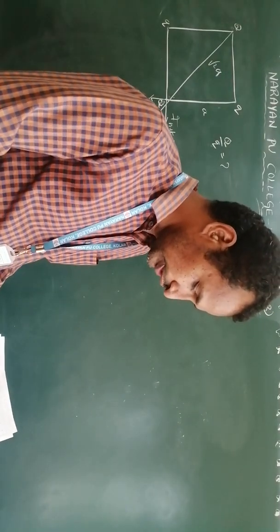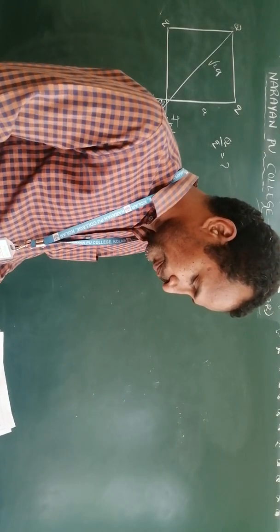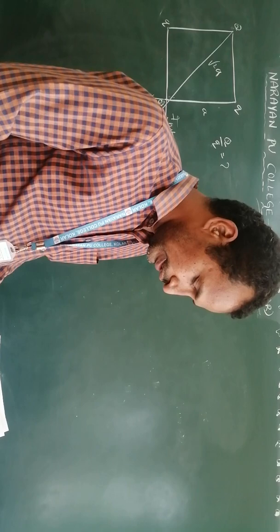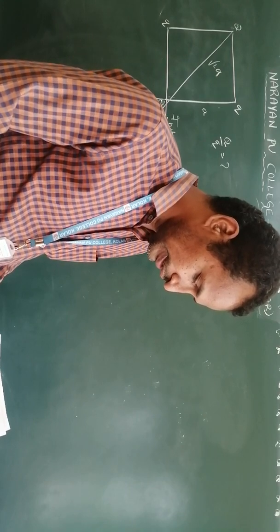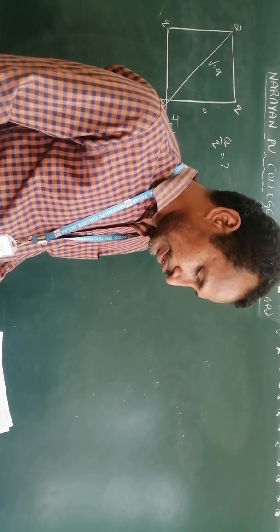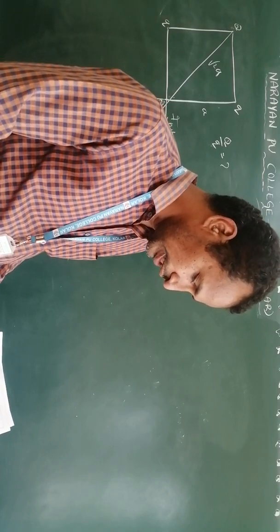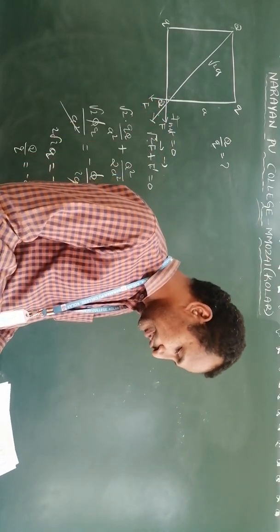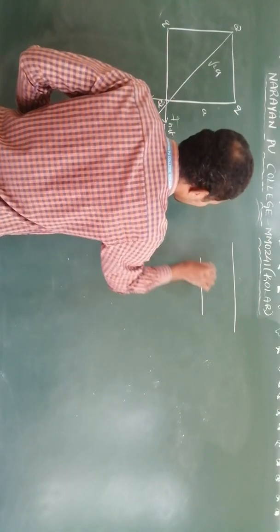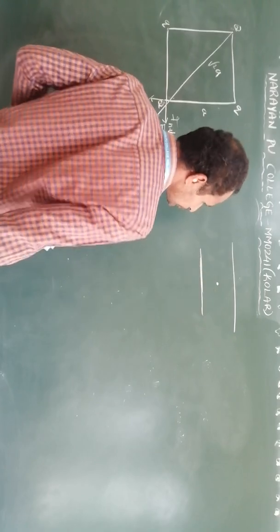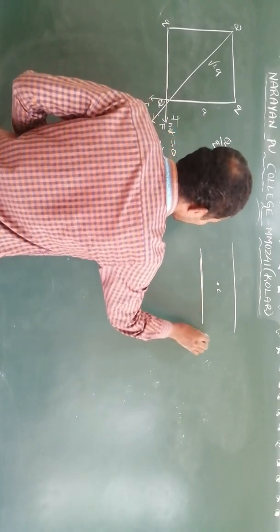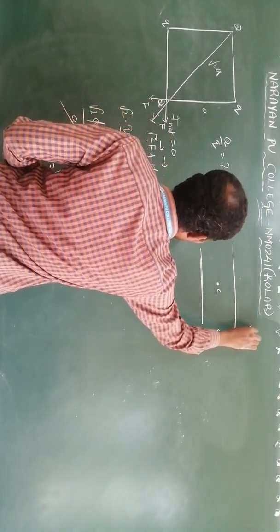Next, 18th question. Two large plates separated by a distance d in a vertical plane connected with a battery. An electron of charge e, mass m, is at rest between the plates. Find the potential difference between them. Okay, electron is at rest between the plates here. Separation between them is d. They are asking V.